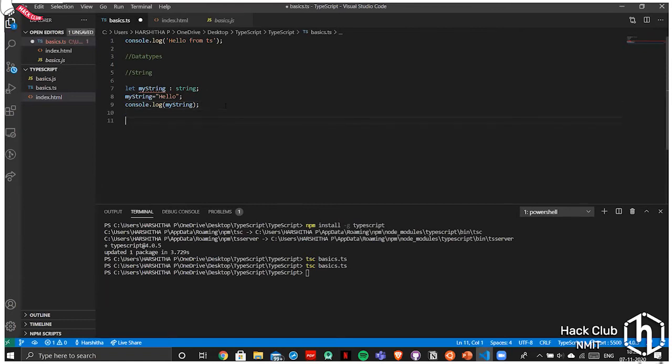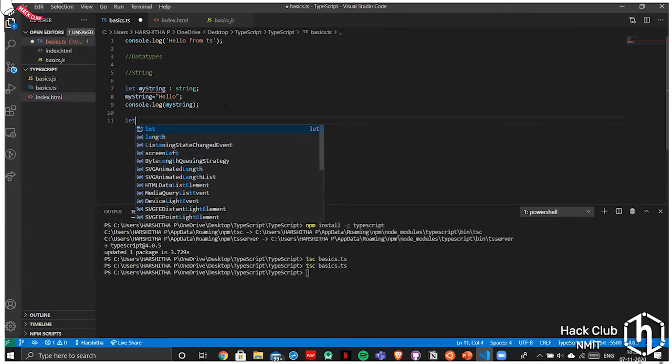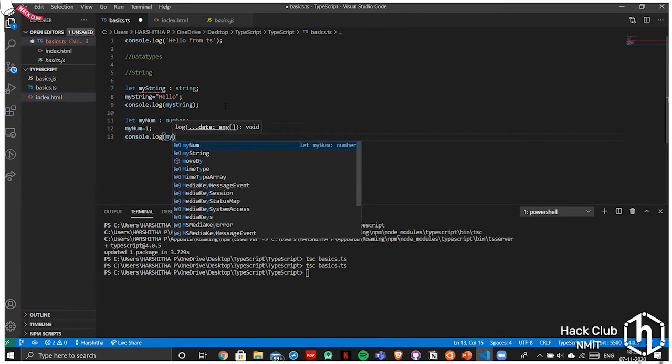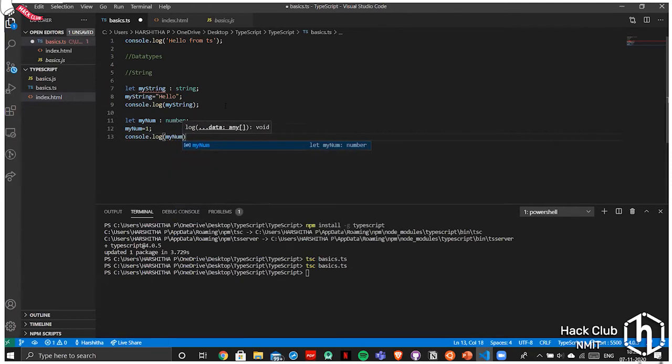Similarly, you can go to your numbers. Let my num, take it as a number, and then my num equals, I take it as 1, and then console.log my num.